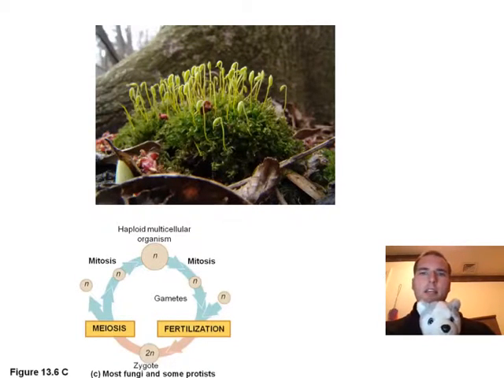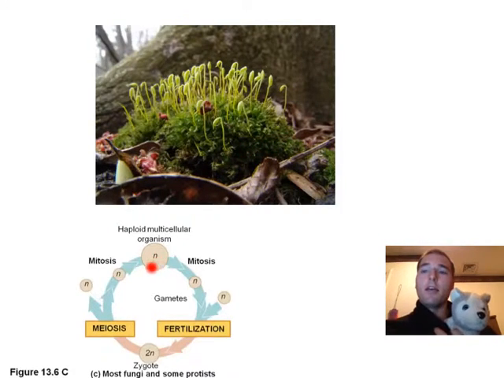Then this last set, and I've got one minute to explain it, is in most fungus and mosses, protists. Anyway, up here we have some moss, and the majority of the body of the moss that you would typically think about, that is haploid actually, okay? So the larger organism is haploid, and it is going to go through mitosis to produce gametes.